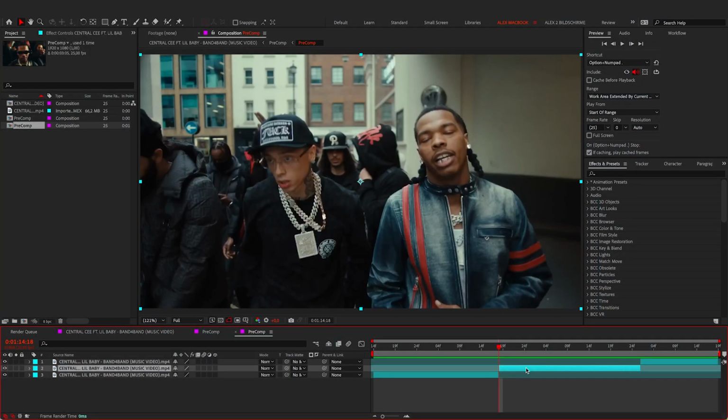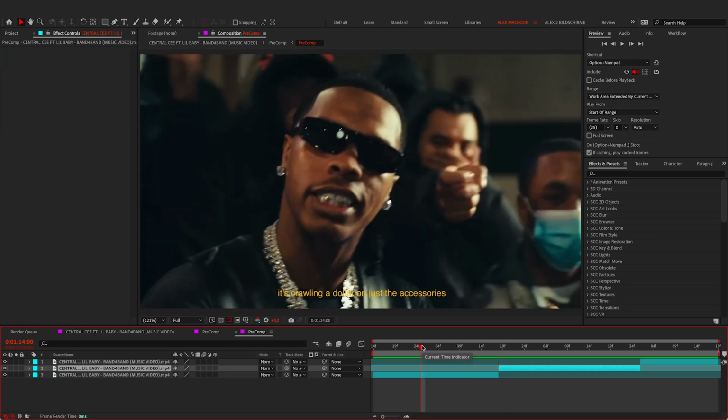Okay, today I'm going to show you how to create this very simple paper style effect in After Effects with only built-in effects, so it's pretty easy to do, to be honest, and looks super realistic. Okay, so let's begin. As you can see, I have my clip right here and I want the paper effect